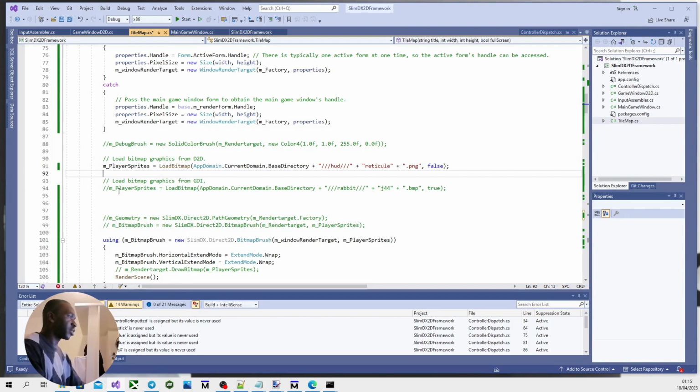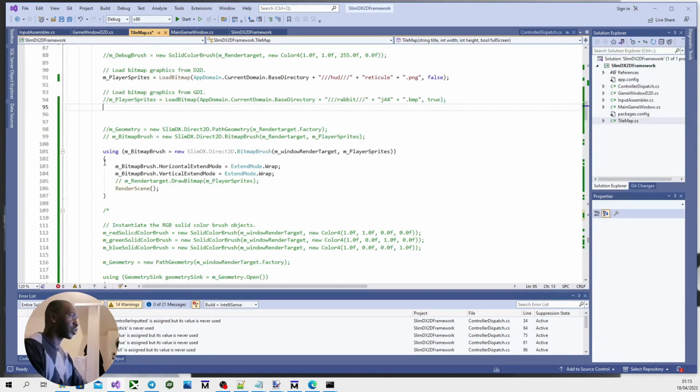Alright, so now that we've done that, if everything compiles so far, congratulations, because now we're ready to actually draw the image using a bitmap brush. So what we're going to do is create a using block, as I've done here. And what I've done in this using block,